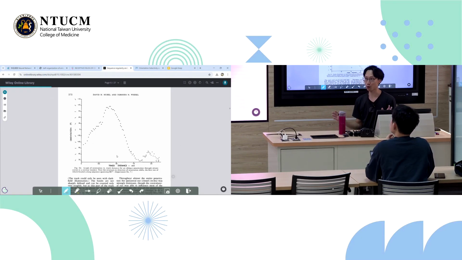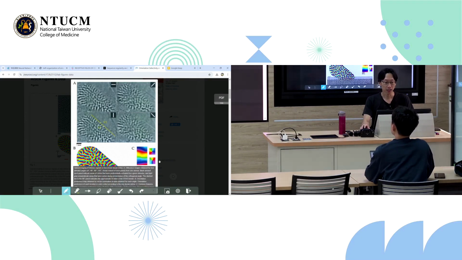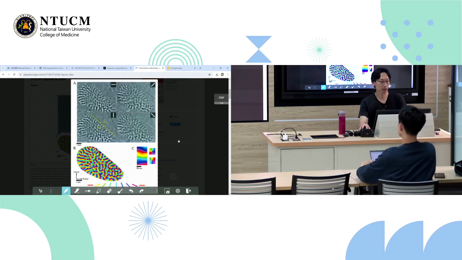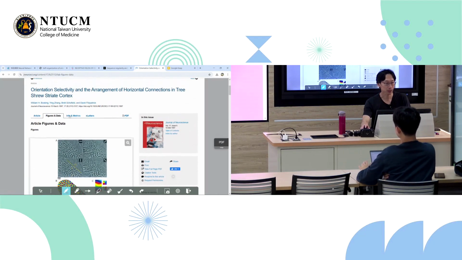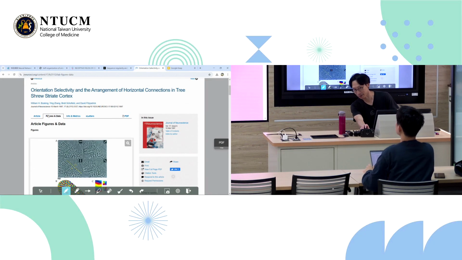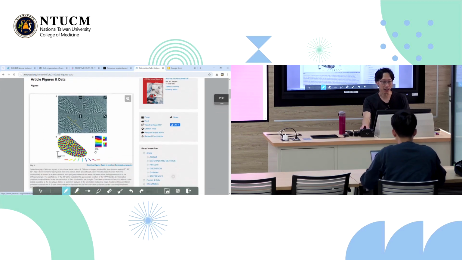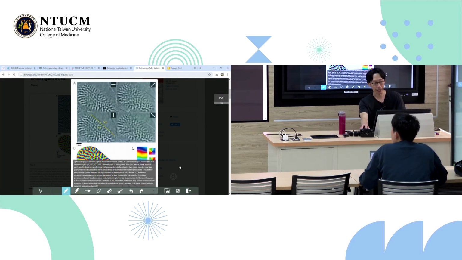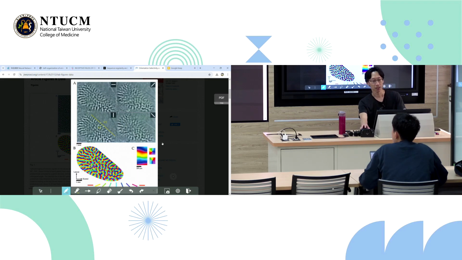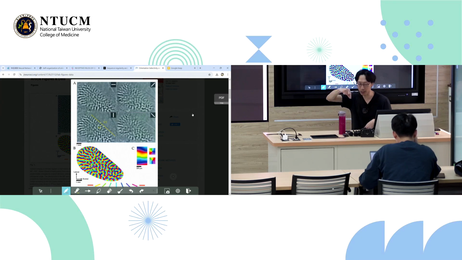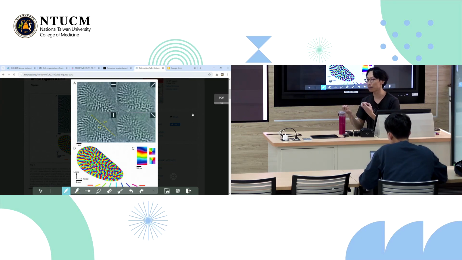Again, go back to the 1960s. Seeing this kind of thing was really groundbreaking at that time. Eventually, this is work by Bosking in 1997. When we get better techniques, we can scan a big array, not just limited to one electrode recording, and then we can get activity from the images.